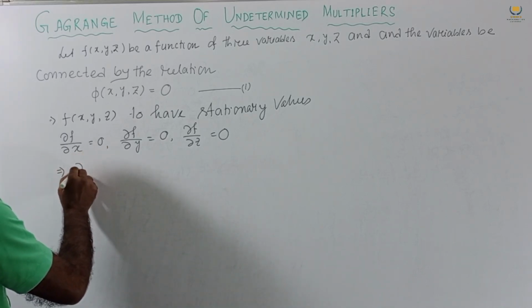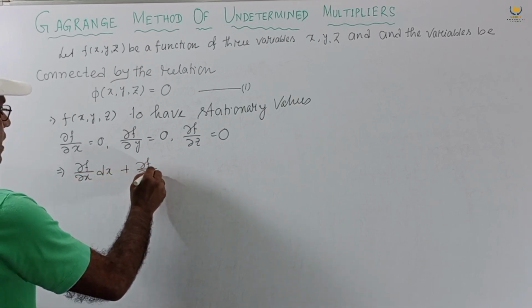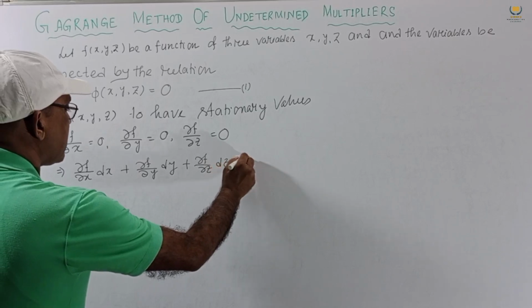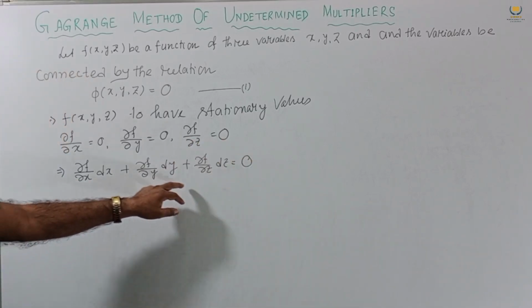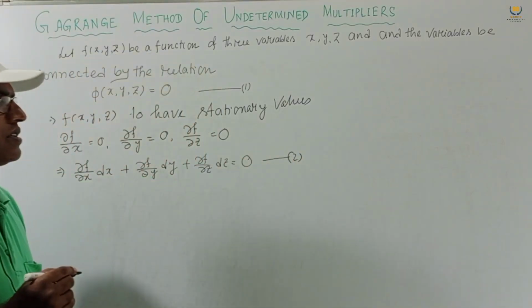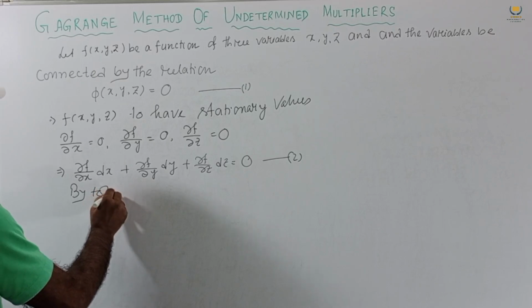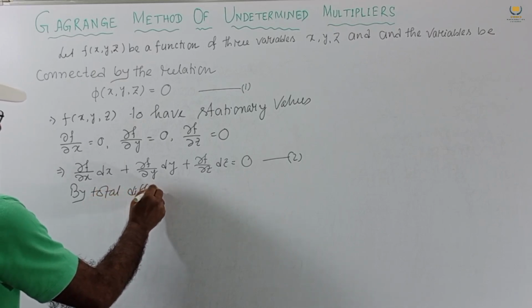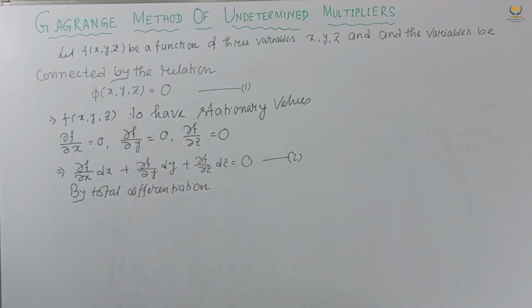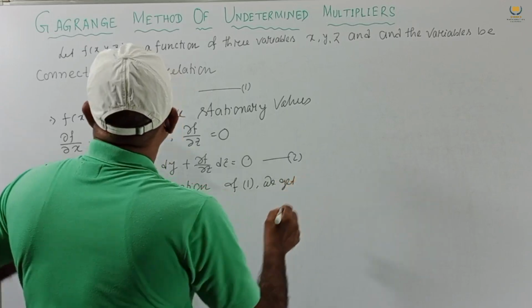If we write it this way, del f del x dx plus del f del y dy plus del f del z dz, then we also get 0, because these are 0. This is number 2 we consider. Now by total differentiation of 1, where 1 is phi,